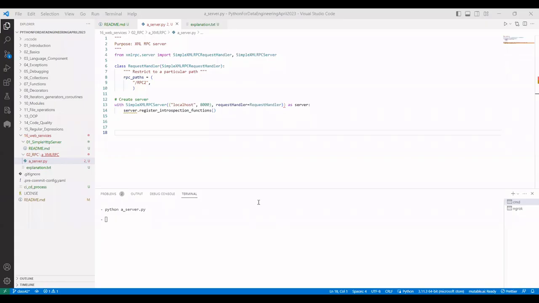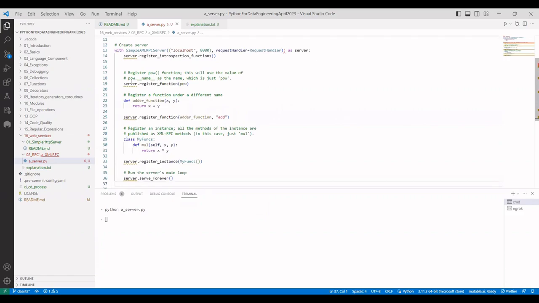the process is very simple: first we need to create one server. For that server, we need to register something and then we need to run it. So the logic is that first we created this server, then we are registering that server. After registering, we need to serve. So first register the server with this,